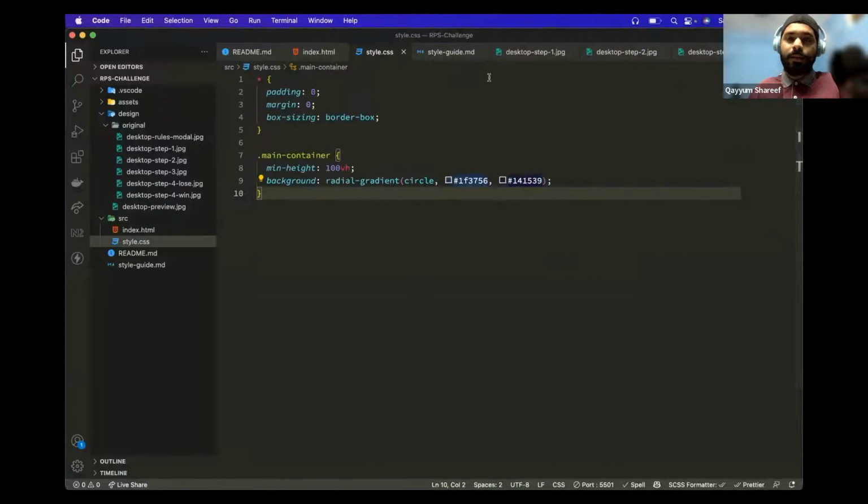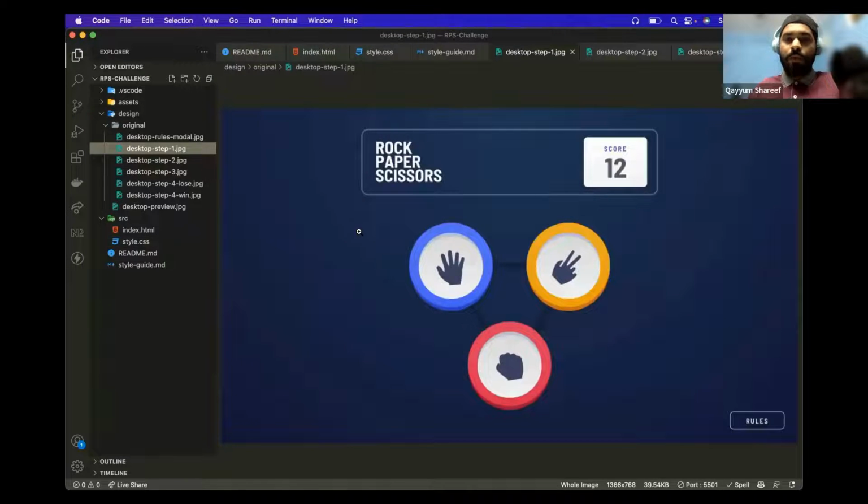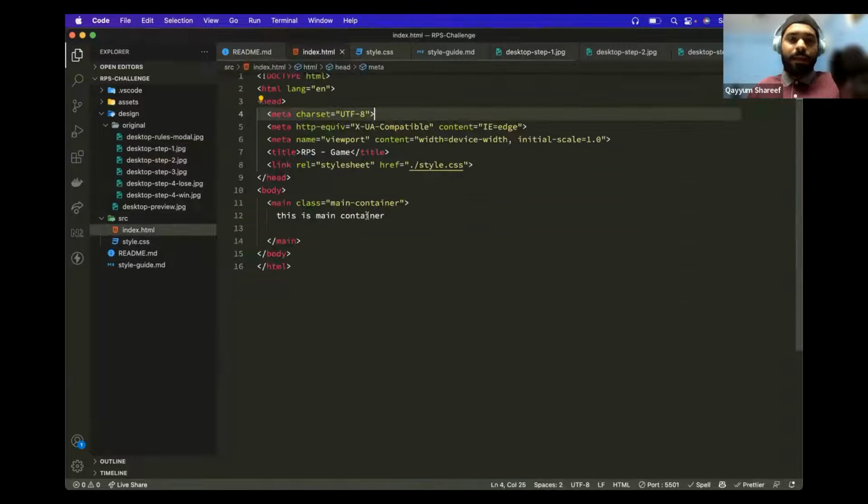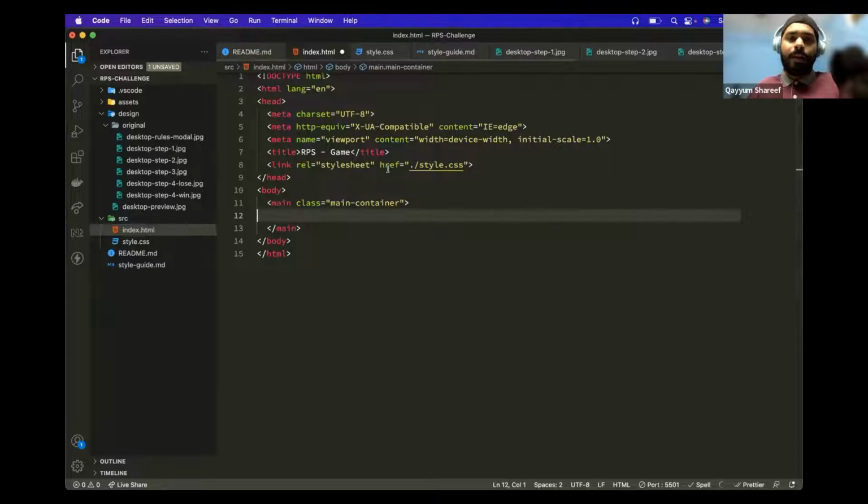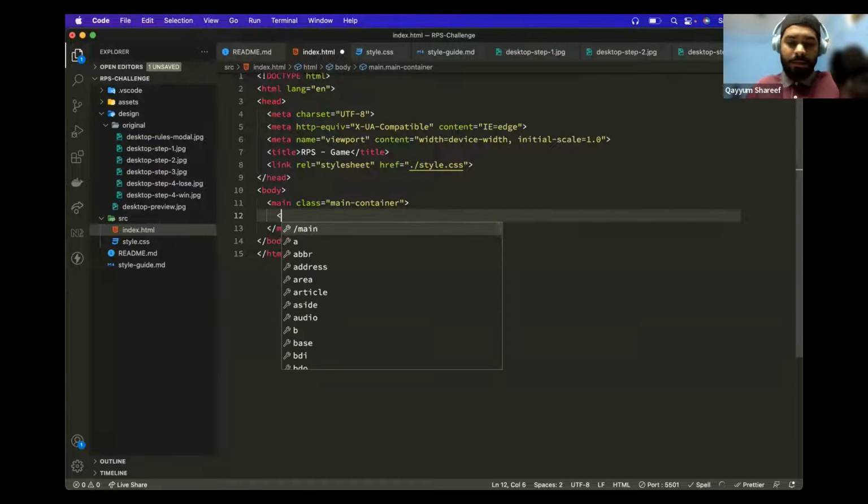And there you go, we got the full screen background as it is in our step one. So we got the background. Now we will try to design the top bar. For that, I'm going to remove this main container, and let me take a